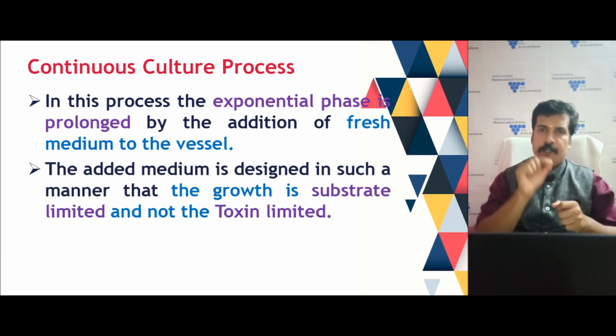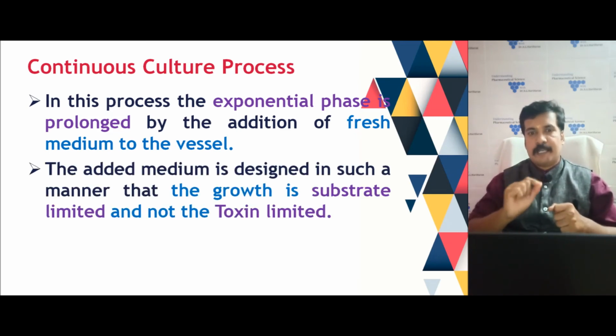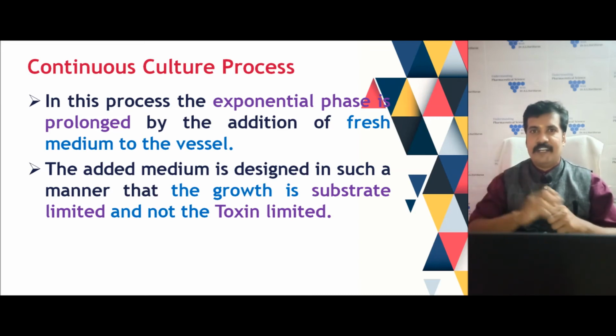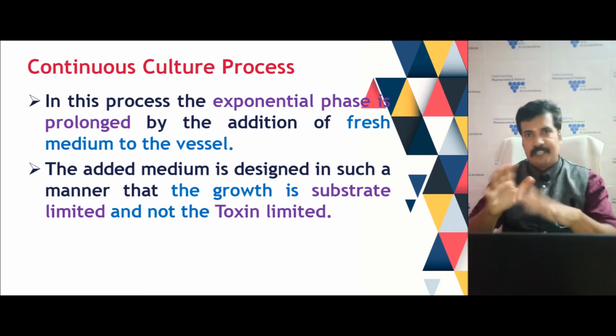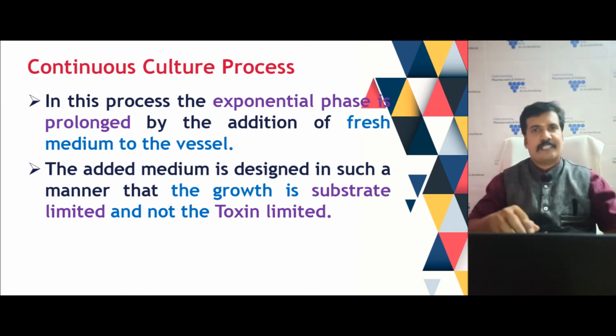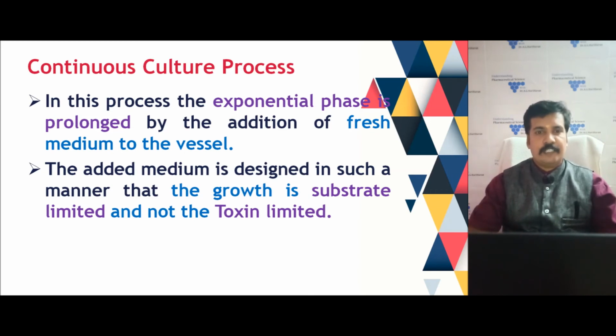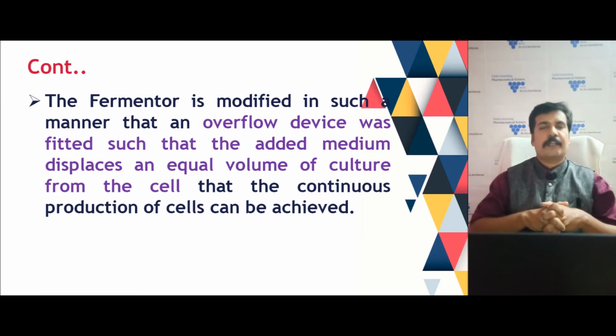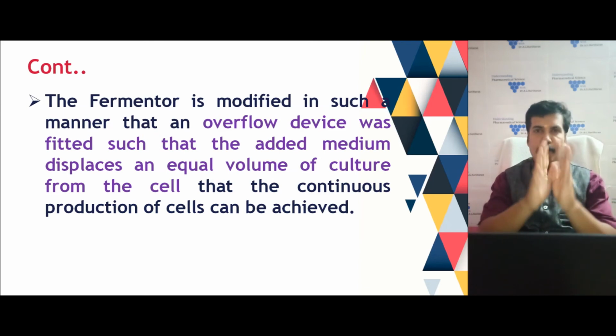So this continuous process can only be established if the growth is substrate limiting, not toxin limiting. If it is toxin limited, nothing can be done. If it is substrate limited, we are supplying the fresh substrate. So the fermenter used for this continuous culture should be slightly modified from the